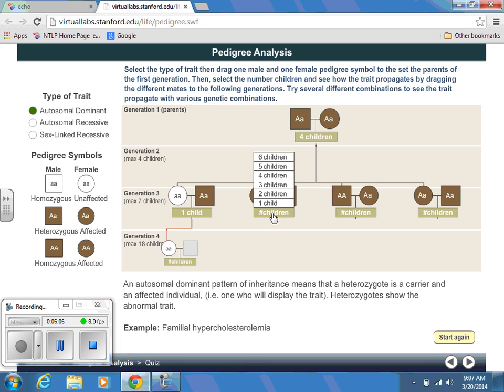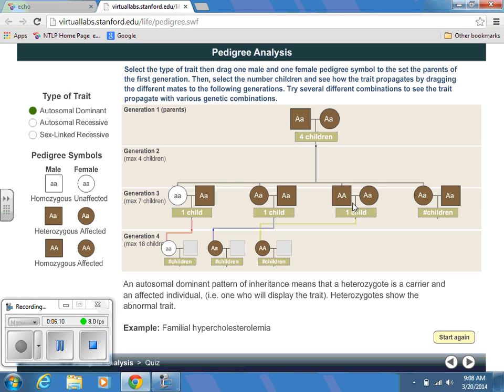So click on the number of children and select 1 child for each couple. And now you see that there is a line coming down from each pair to their child, and there's a blank for their partner. So my generation 3 lines up in my generation 4 space, and again, we're just going